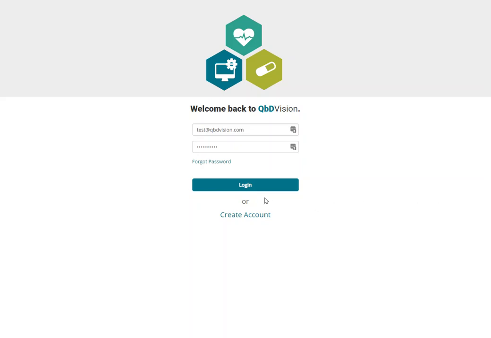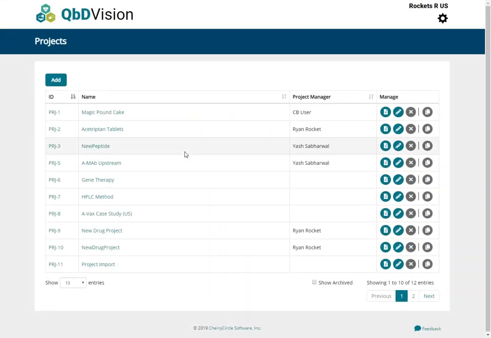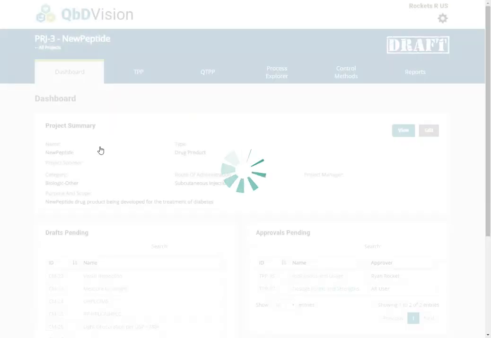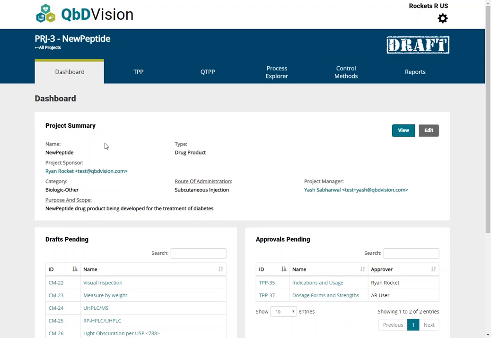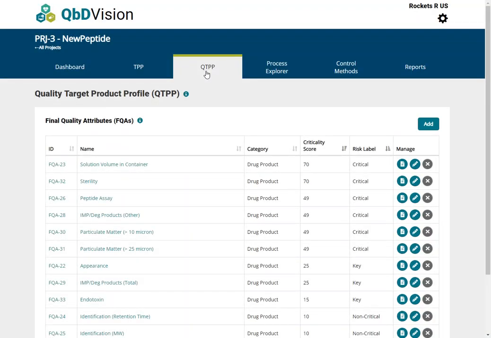This video demonstrates the Quality Target Product Profile section in QBD Vision using our new peptide sample project, which is available in your sandbox environment for exploration. Click on the QTPP menu tab in your project to begin defining the Quality Target Product Profile and the constituent